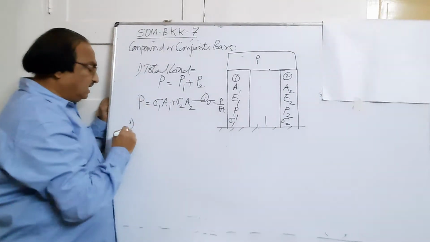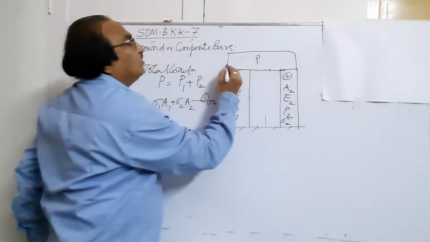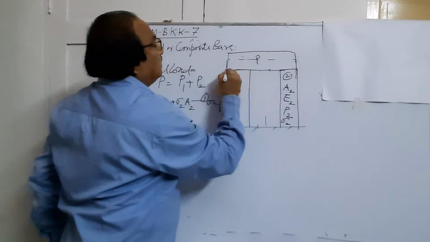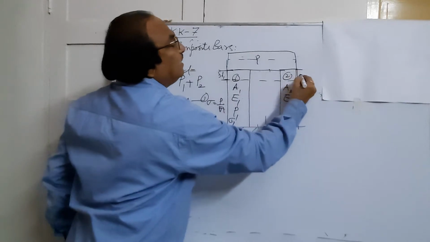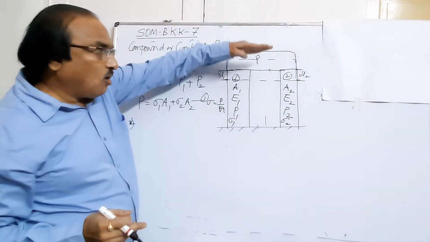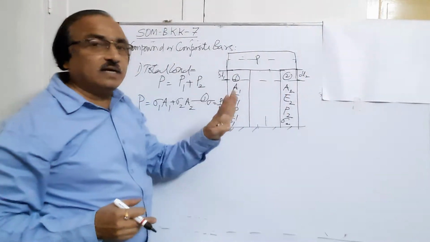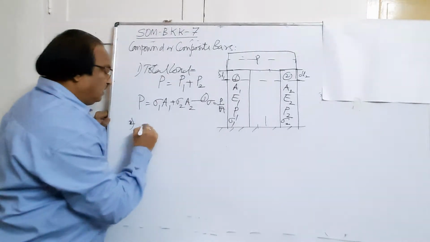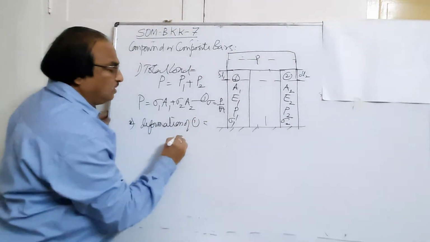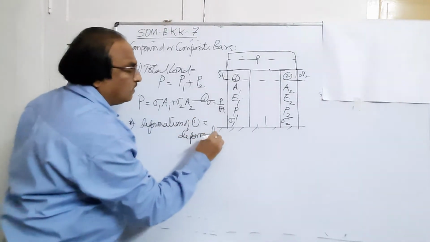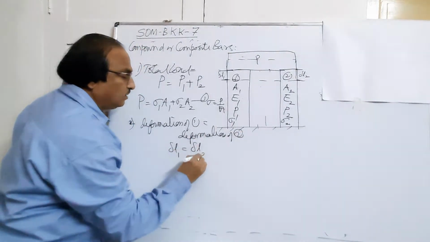Now this is one. Second is, whenever the load is acting, both will get compressed by same amount. So this load will be moving like this down. So if this is delta L1, this is delta L2. Load is remaining horizontal, means whatever compression deformation is taking in one, same deformation will be taking in two. Now here, deformation of one is equal to deformation of two. That is, delta L1 must be equal to delta L2.